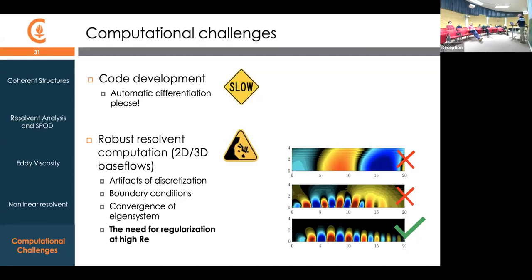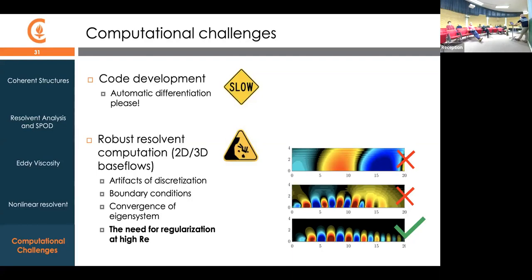So, to be completely transparent, a lot of the calculations I showed you are not easy. They need a human in the loop to make sure that the thing that's coming out of the resolvent calculation is not just some spurious numerical artifact. I'm just showing you some examples here of horrible, slightly better, and correct solutions. And you could ask how I know that they're correct, and I can tell you what we look for. But the point is, it's really easy to get artifacts here. So this is something I'm mentioning because it just doesn't appear in the literature, and a lot of people are computing these things, and it's good to be skeptical of the results that you get.